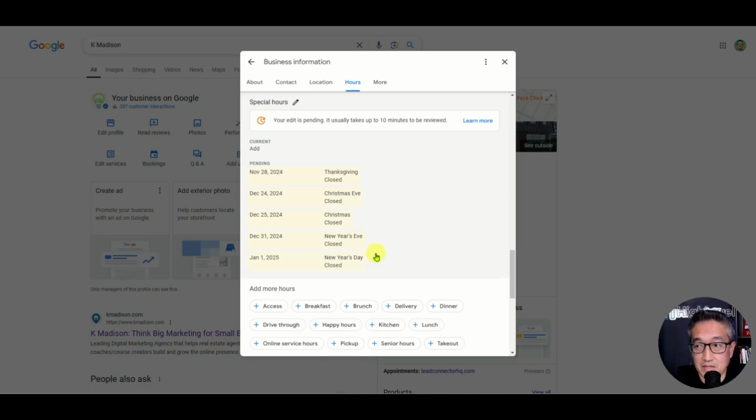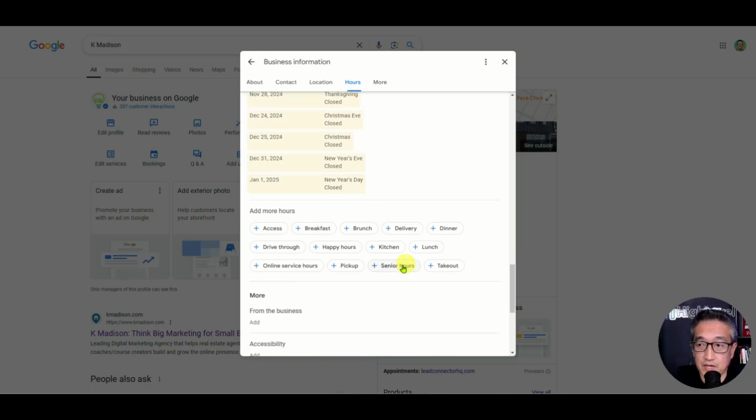The ones that I manage, I let them know, please make sure to review those changes. And typically Google will send you a notification letting you know, hey, are you open or are you closed during these days? Okay. And then it also has more hours. Now this is depending upon the industry. Like drive-thrus may have longer hours. If you have happy hours,